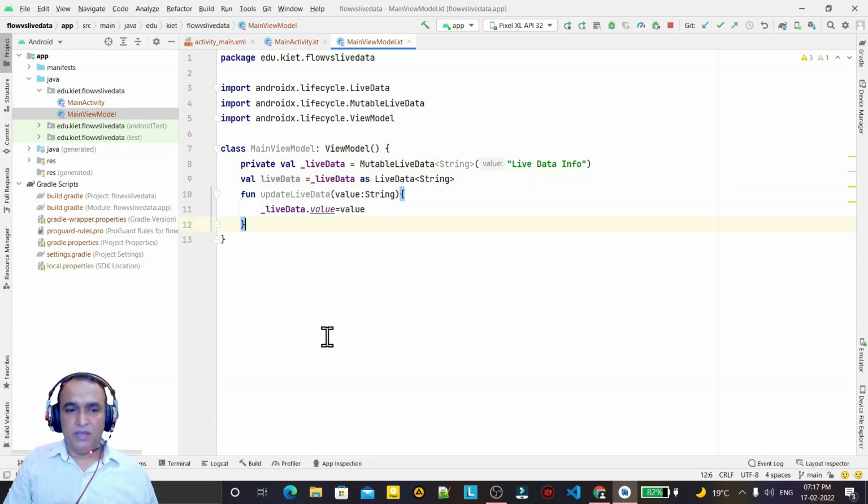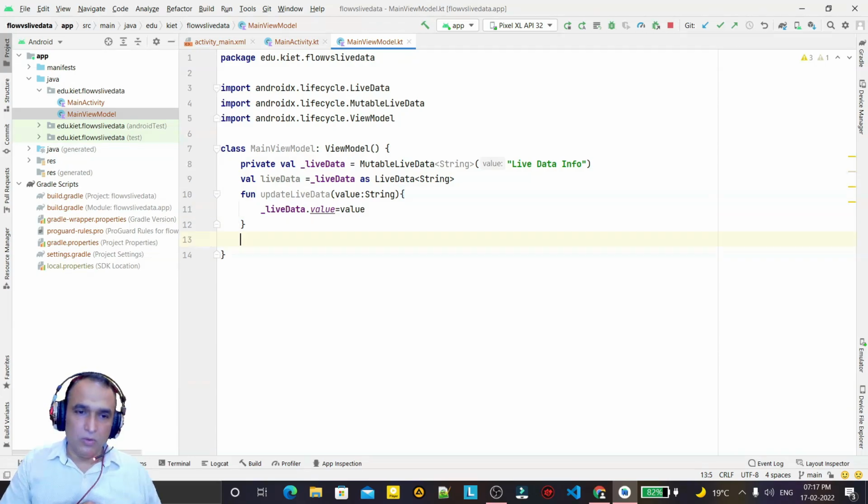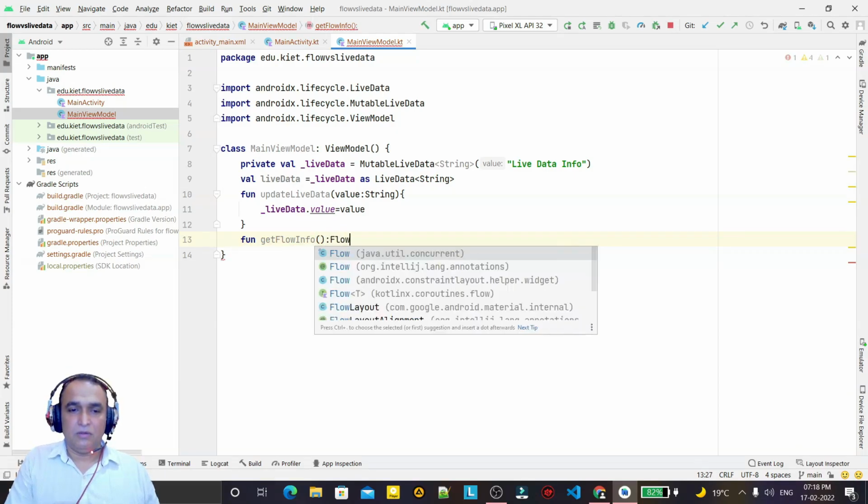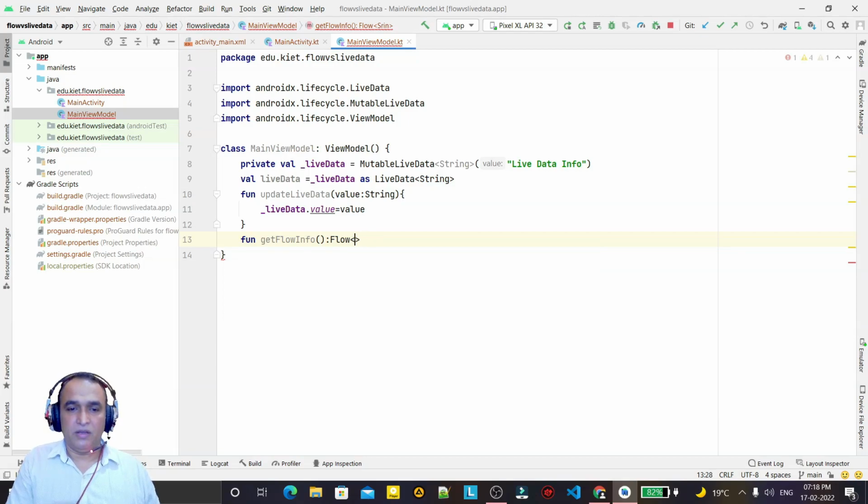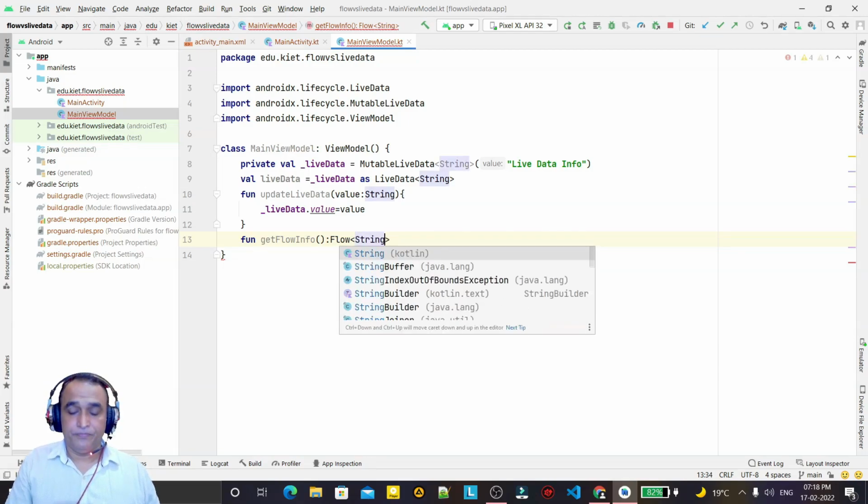Now I am creating a flow here, but for flow it is not required to create a variable. We have to create a function just to display. So I say get flow info, and this is a function that will return the flow, and in the flow it will return the string value, like this.